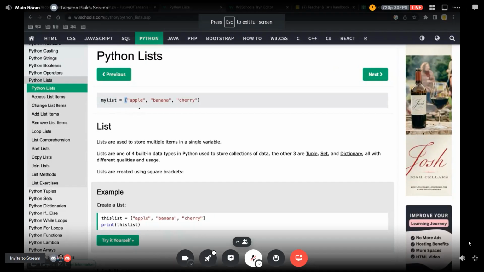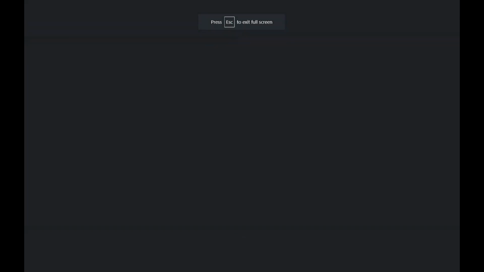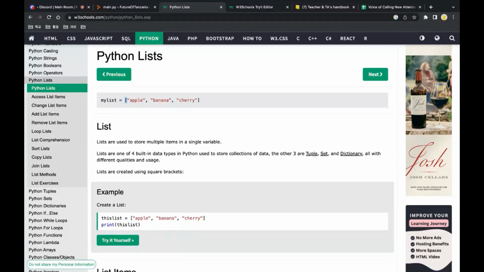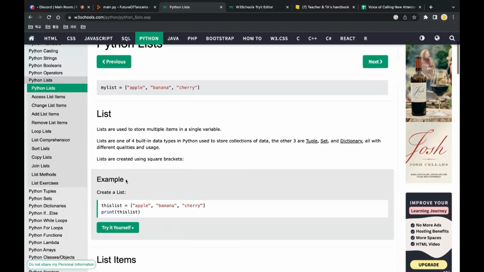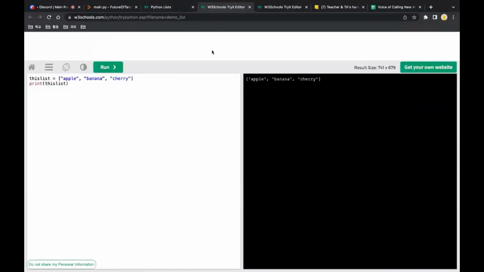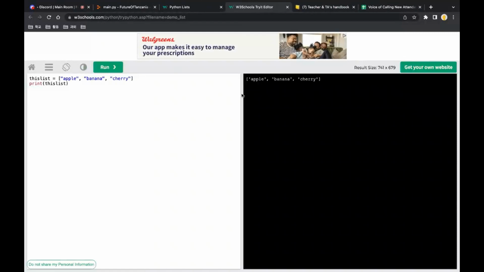And then the square bracket. The square bracket can be found next to the P on your keyboard. So square bracket, and then you can put whatever you want in your list. Okay, so this is how you create a list. This example here is how to print a list. So here we created our own list, and now we want to print it. And the way we print it is by using the print function that we've used so far, and then we can